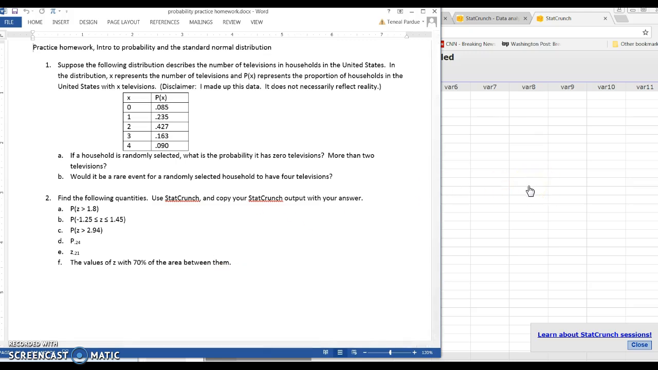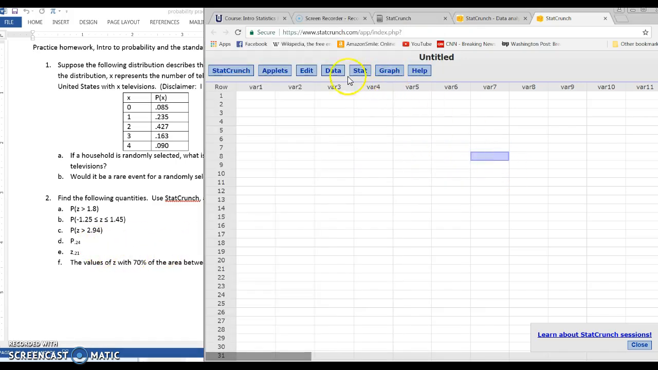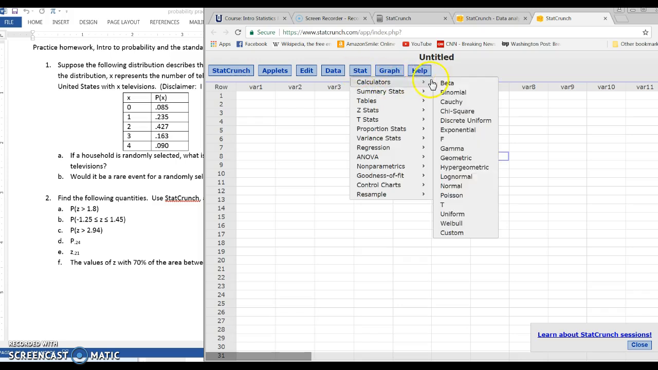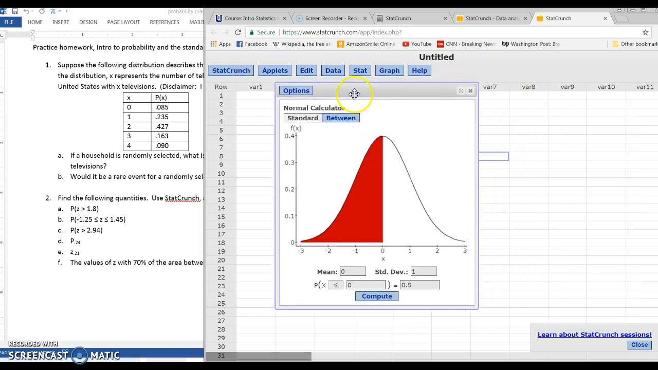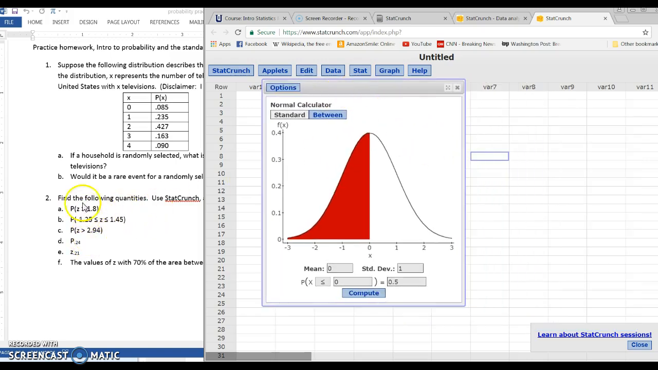All right, on number 2, those are all standard normal problems. We know that because they all have z's in them. So to do that, I've got StatCrunch up. So I'm going to go to Stat, Calculators, Normal. And the first 3 are probabilities. So we're going to type in values down here within the probability statement. And again, all of these are standard normal, so we're going to leave the mean at 0 and the standard